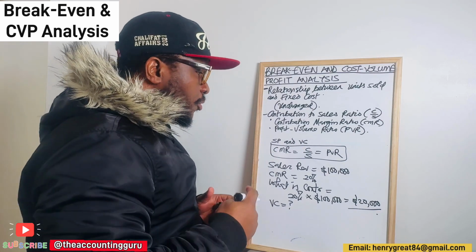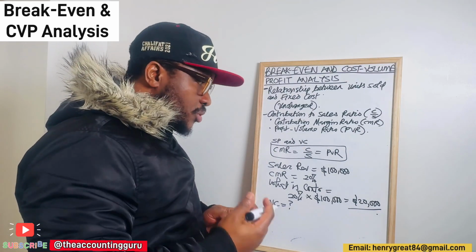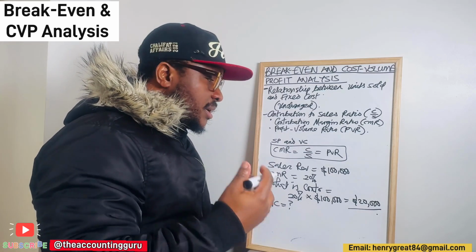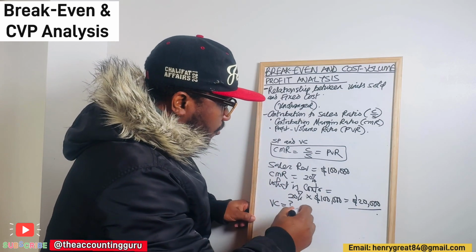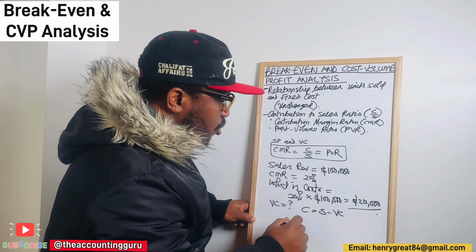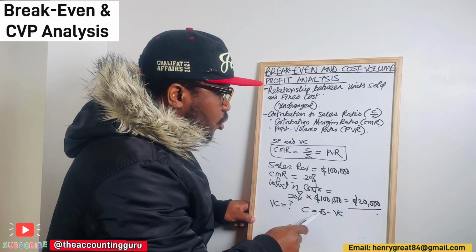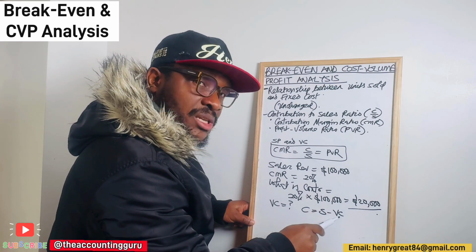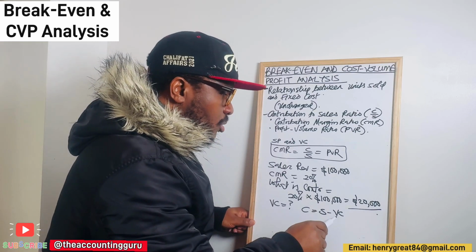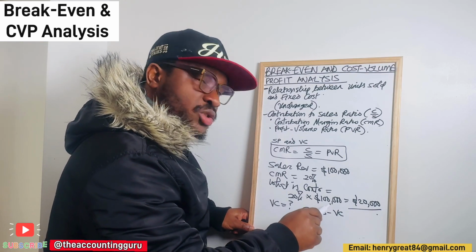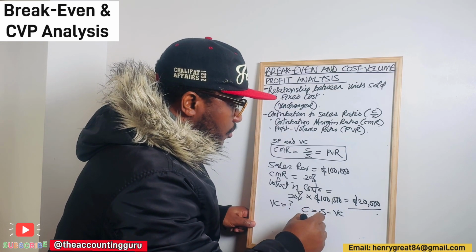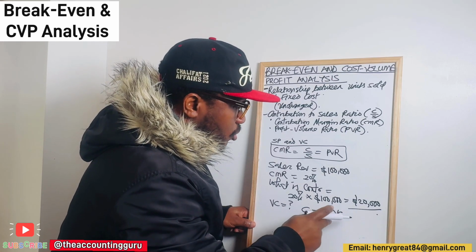This is very simple. From the formula of contribution, we did say that contribution is sales less variable cost. So if contribution is equal to sales less variable cost, we already know what our contribution is and what our sales is. Now we want to determine the variable cost. It is a function of making variable cost the subject of the formula. So variable cost will be equal to sales